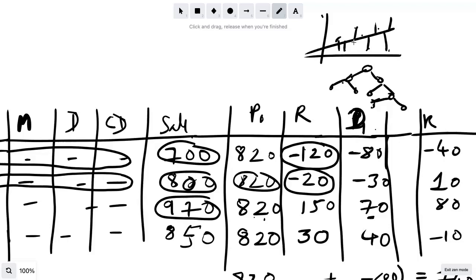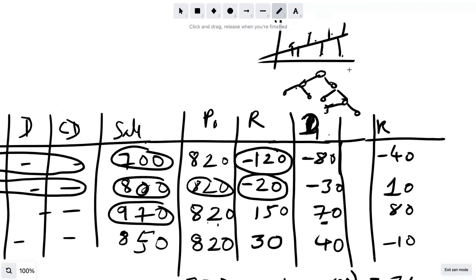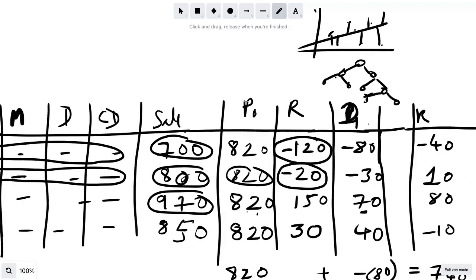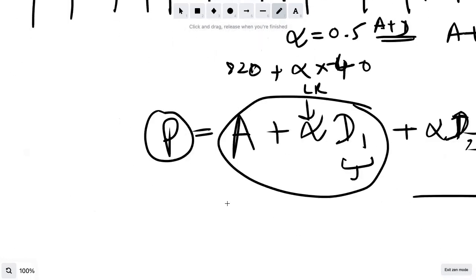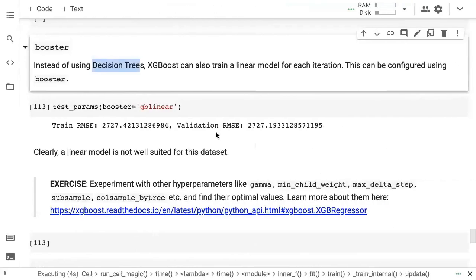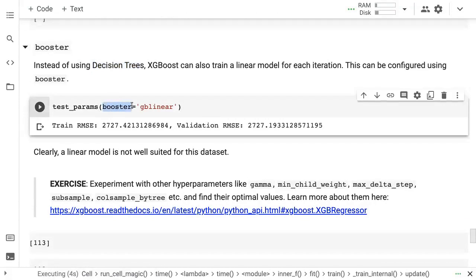And then you train another linear regression model to correct the residuals, and so on. So everything remains the same. We just switch out the decision tree regressor internally for the linear regression model. And even all of these things like the alpha and everything remains the same. So all of the hyperparameters can remain the same. And if you think that there are more linear relationships within the data, then you can just test out linear relationships as well. And it seems pretty fine to me, not too bad.